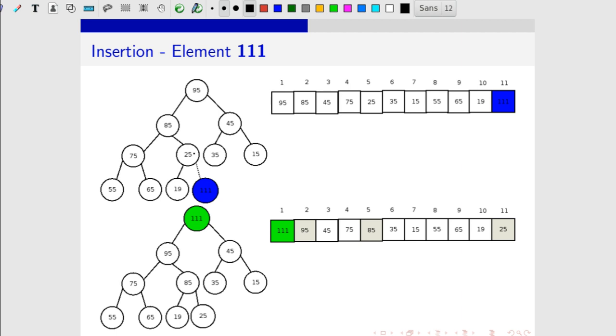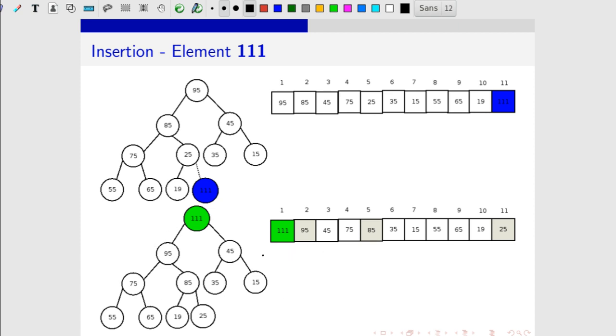Then we check 111 with 85; 111 is greater, so it is swapped. Then we check 111 with 95; 111 is the larger one, so we swap it. So we get a tree with 111 in the root, and all other elements moved one position downwards.